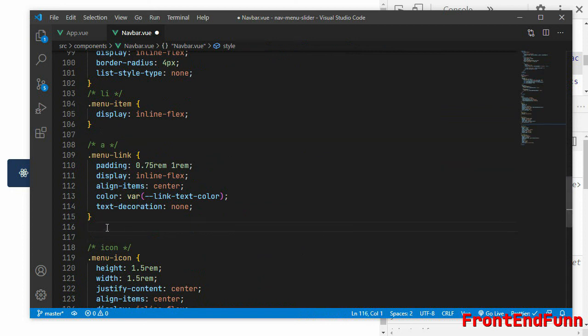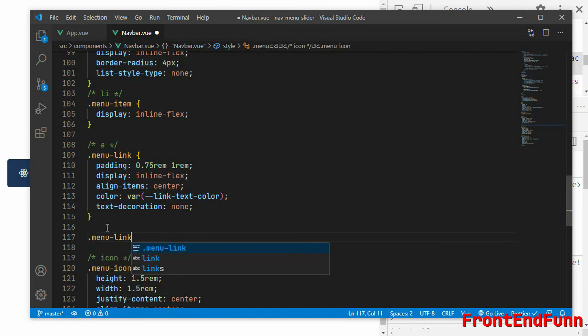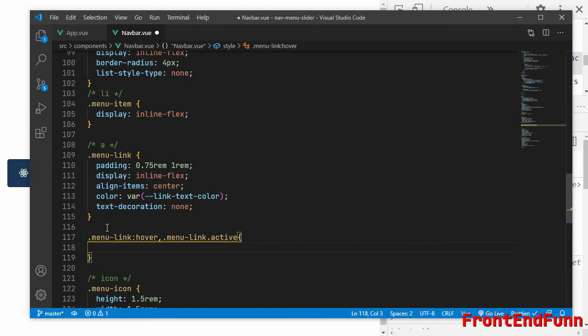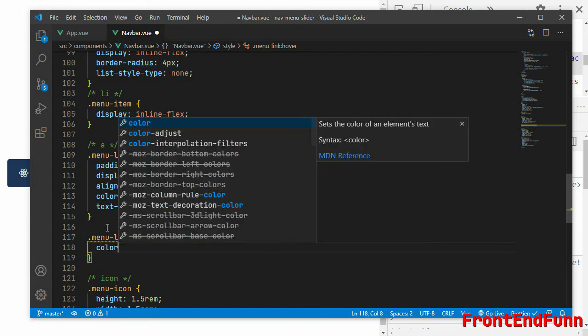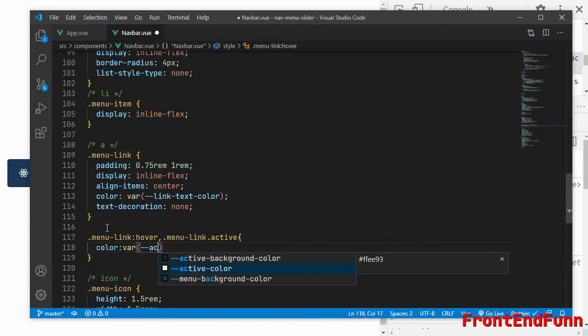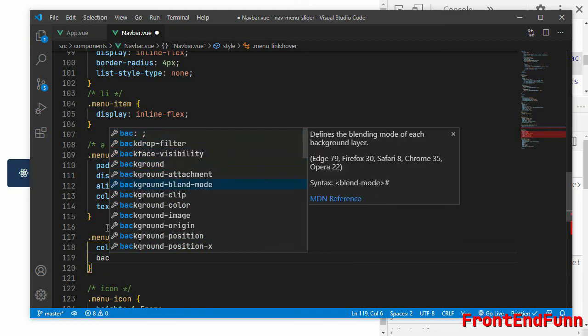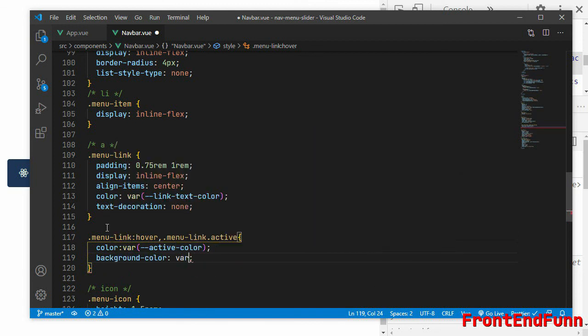So here, menu-link:hover and .menu-link.active. When there is a hover as well as the active class, we want the text color to be the active color, and the background color will be, sorry, this should be the active background color.